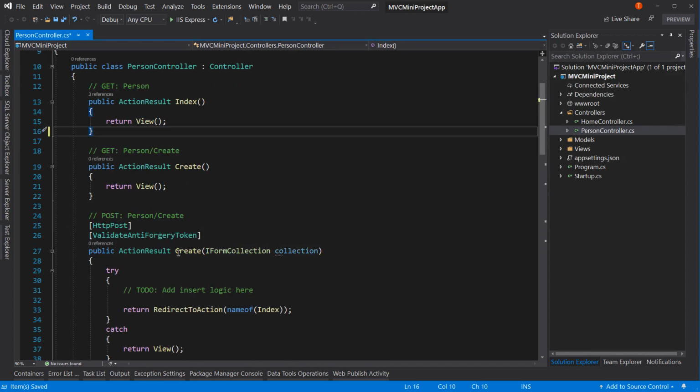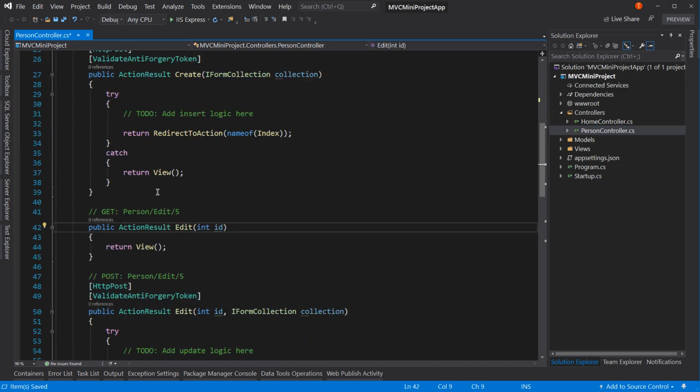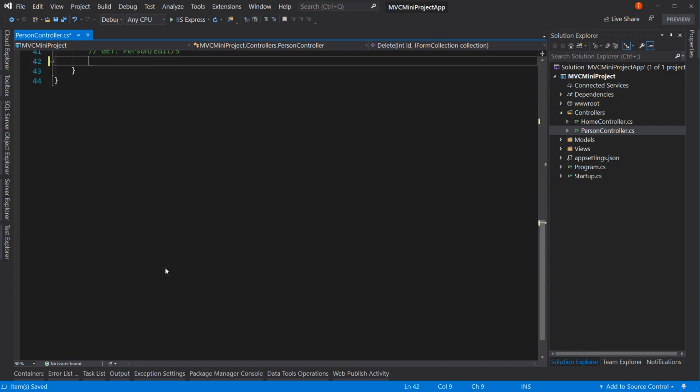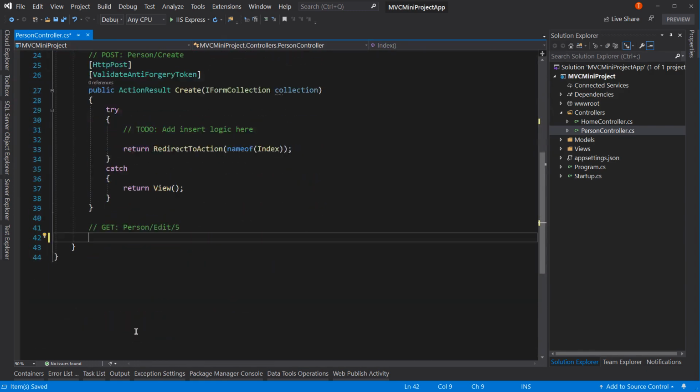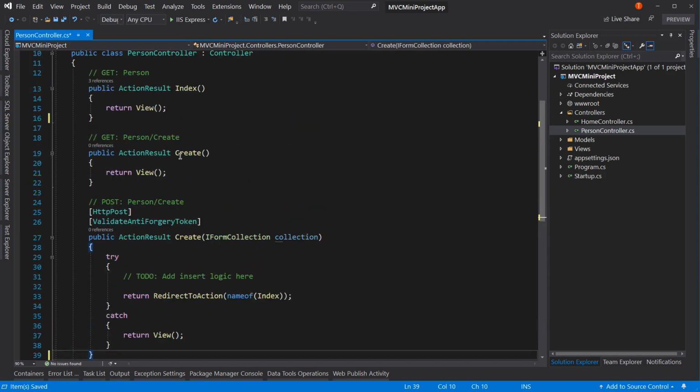And I'm thinking that we could either do a create page or do it right in the index, but I think it's cleaner to do it on the create page. So let's do a create page, but we're not going to have an edit page. We're not going to have a delete page. Just an index page and a create page with the post